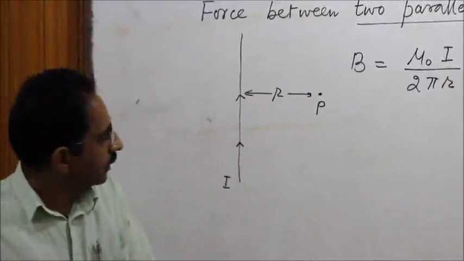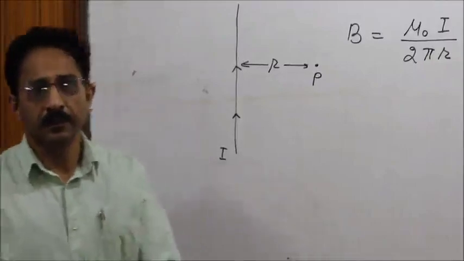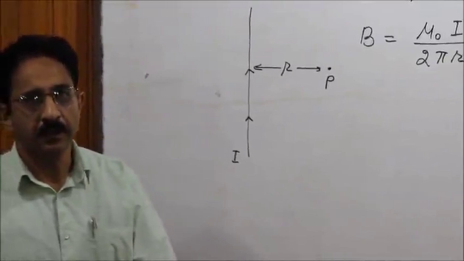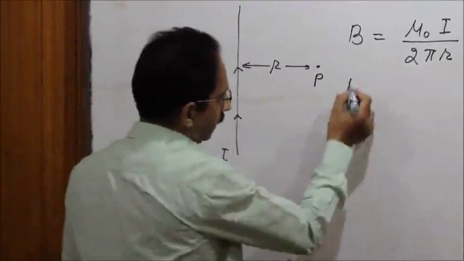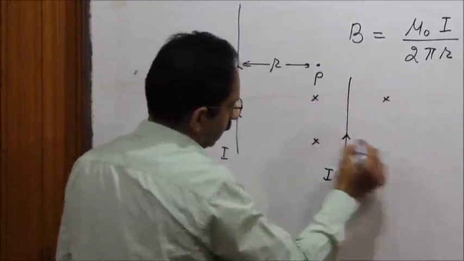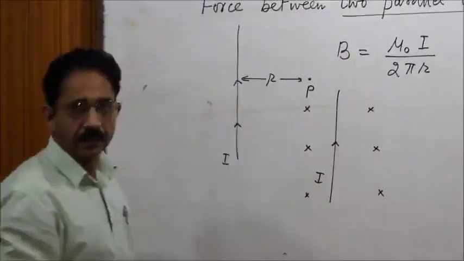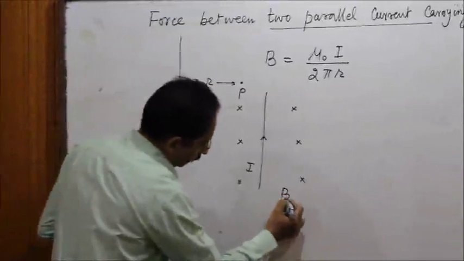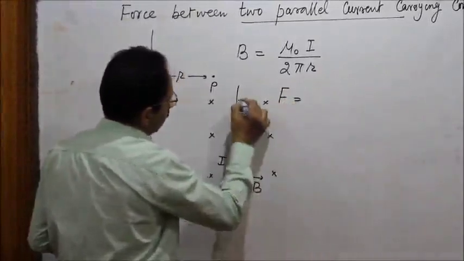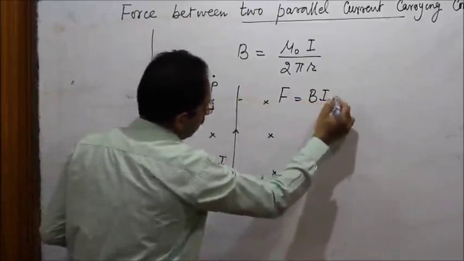Now, the second concept which we will be using is that whenever we produce current through a conductor and place the current carrying conductor in a magnetic field, say this is a conductor carrying current I, and we have placed it in a magnetic field such that the magnetic field is perpendicular to the plane containing the conductor, and this magnetic field is a uniform field B. The force experienced by length L of this conductor would be given by BIL